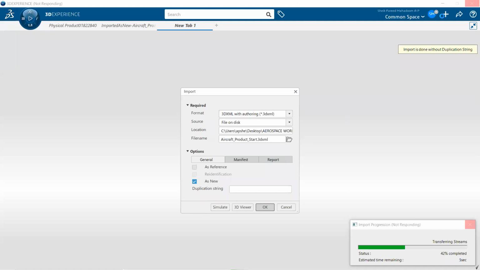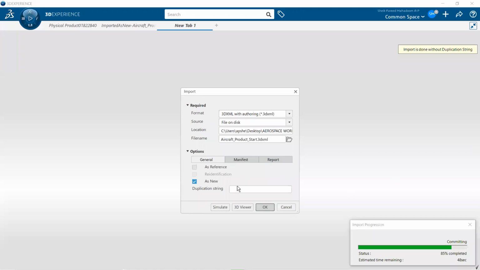Okay. Any doubts on the generative shape design that I taught yesterday? Anything you want to ask, because in the styling option we are going to use the reference materials, the surface generation options like multi-section and the sweep option, and there are multiple things that we are going to use. So if you're having any doubts, friends, you can ask and get clarified while it's importing. I think 85% is completed. Yes, now it is completed.